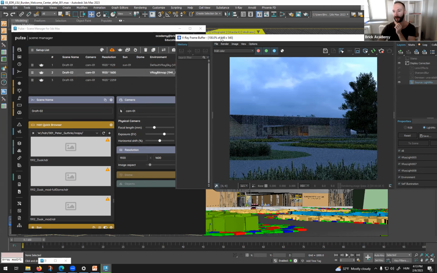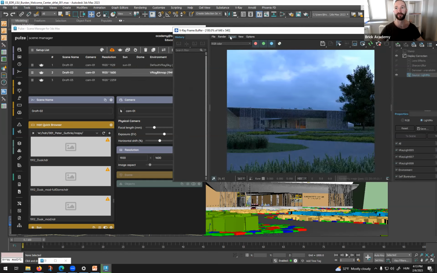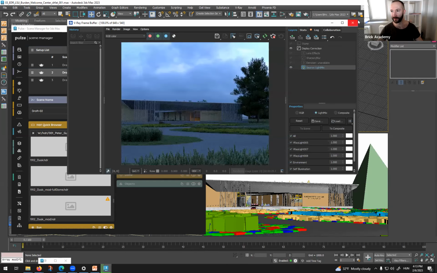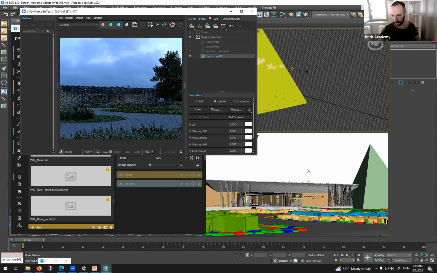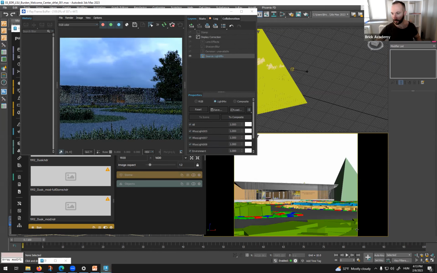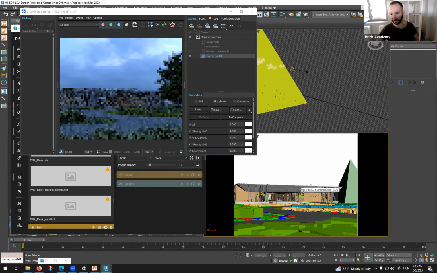So what I want to show here is how cool it is that we can set different scenarios for one camera. It's also a part of the draft creation that we try out more options for this, and we don't need to manually set these things. So we can just continue,